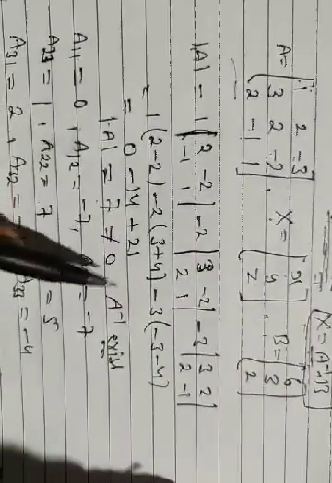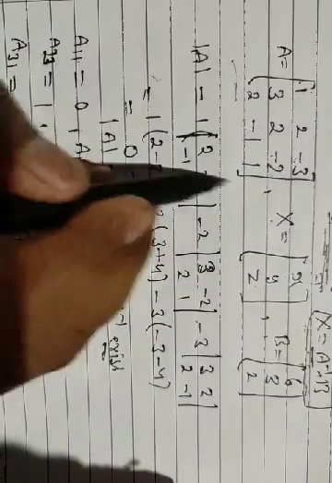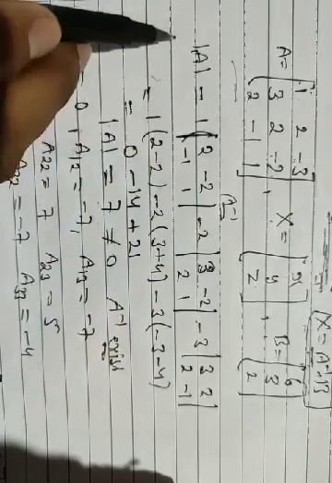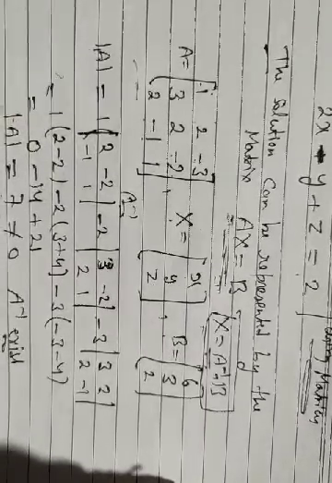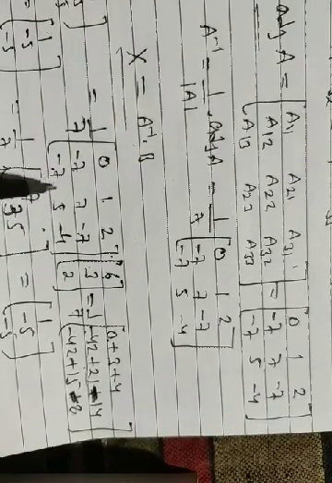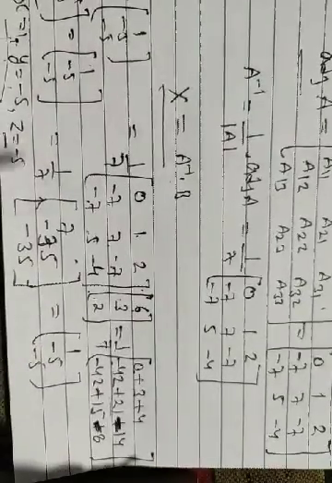A inverse. How do we get A inverse? To find A inverse, we start with the determinant. We get the determinant value 7 there. Then we find the cofactors of the square matrices. When we get the cofactors, then we form the adjoint of A. Then we get the value of A inverse by putting in the formula 1 by determinant of A into adjoint of A. We get A inverse. Then we find the variable x given by A inverse dot b. Putting in A inverse, taking the dot with b, we get the values of x, y, z here.